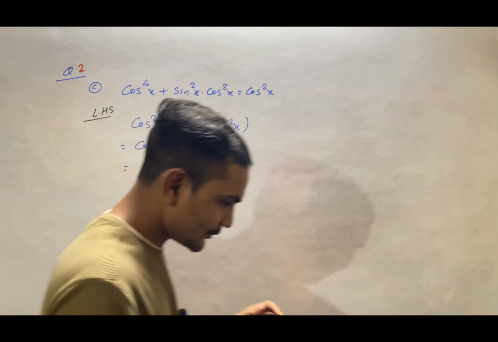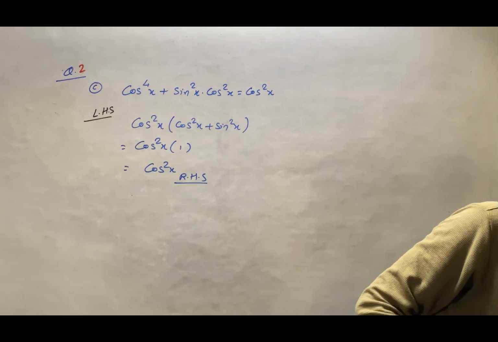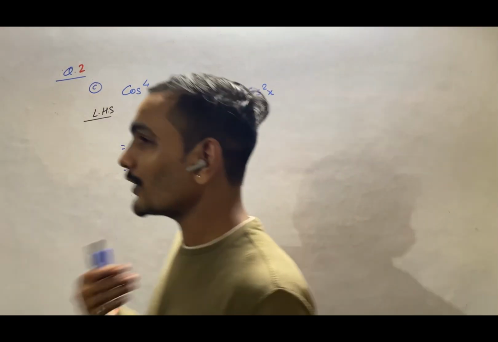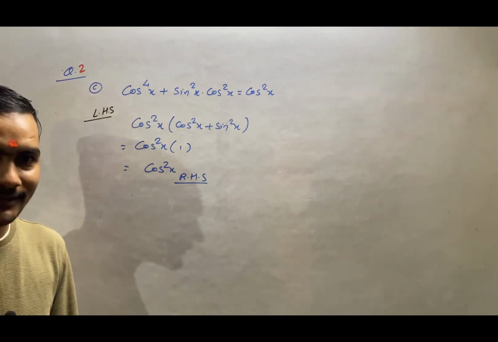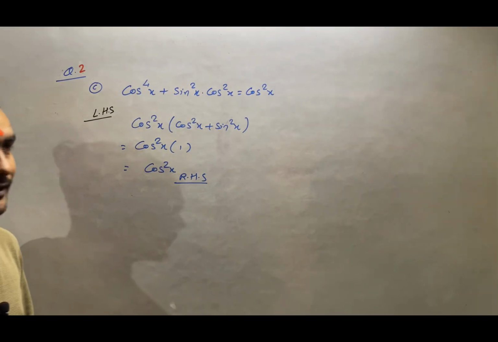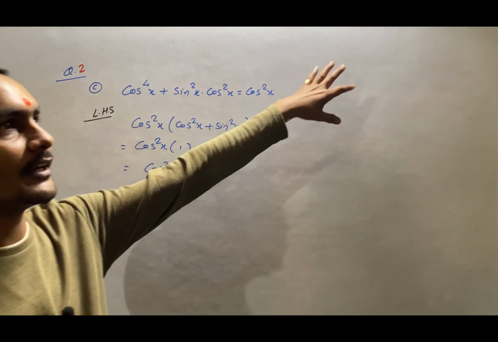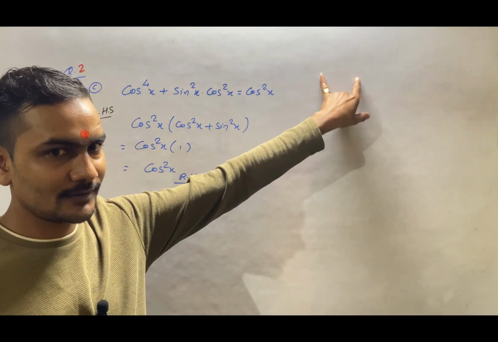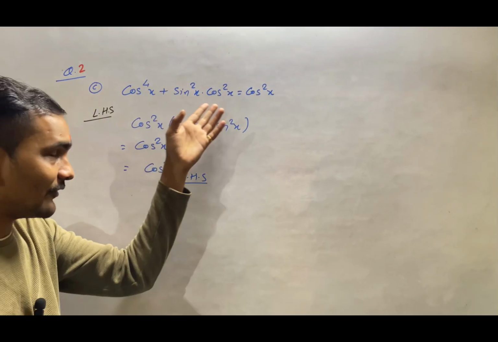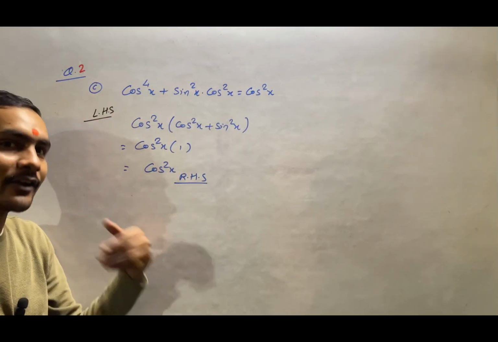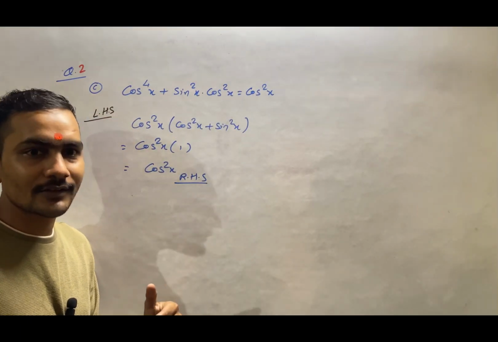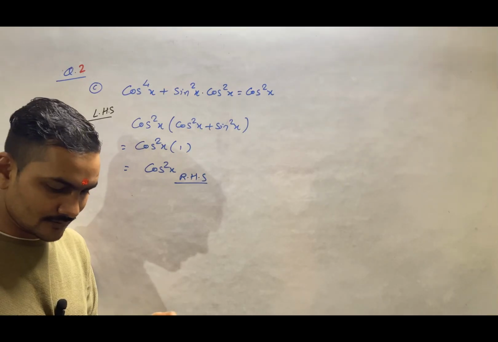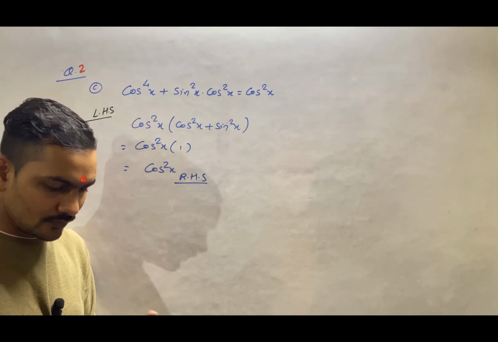So we don't have to think too much. Just think like what we can do basic. Like in the previous question we did a square minus b square, the standard identities we have. Here the same thing. If we can take something common, so let's take common. Reduce the function. Okay. Now